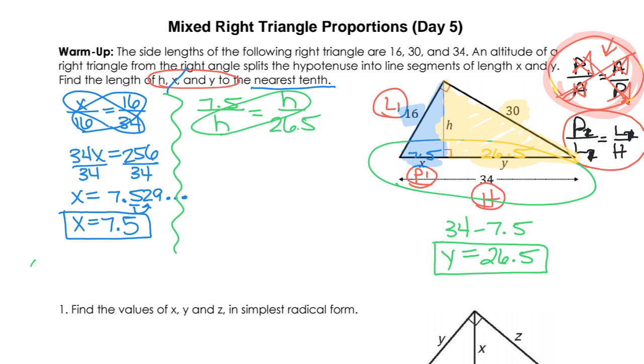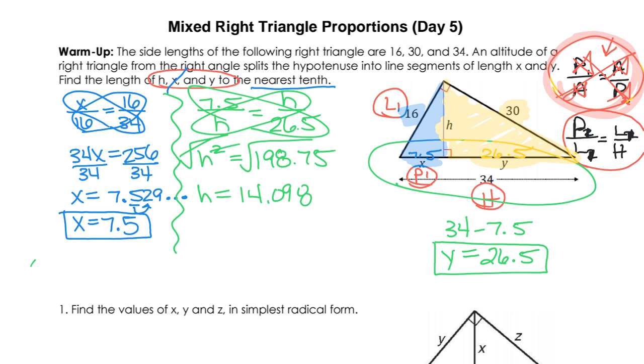I can go ahead and cross multiply. That would give me h squared equal to 7.5 times 26.5, which is 198.75. Okay. We'll go ahead and take the square root. And again, that's not obviously going to be perfect. And so it comes out to be